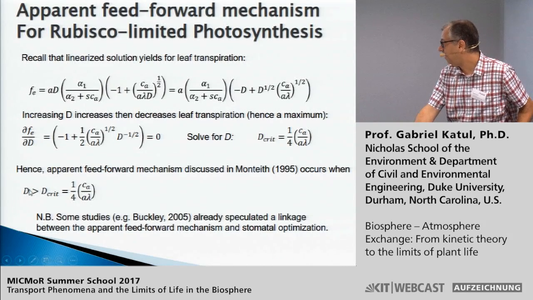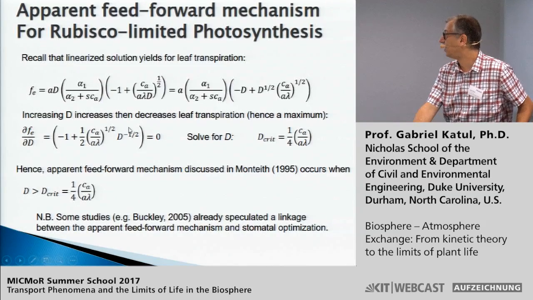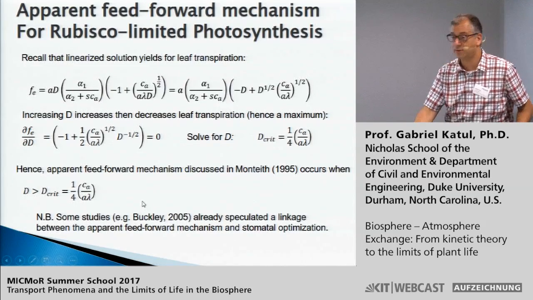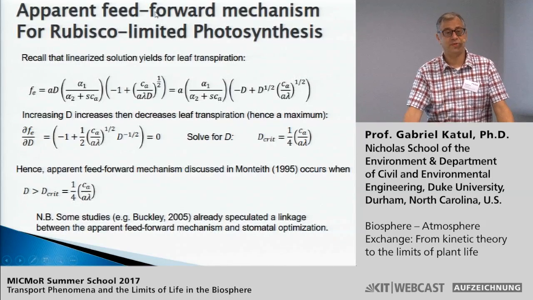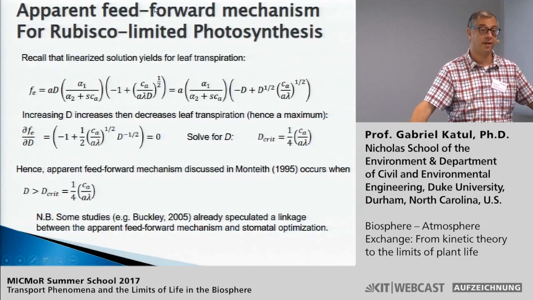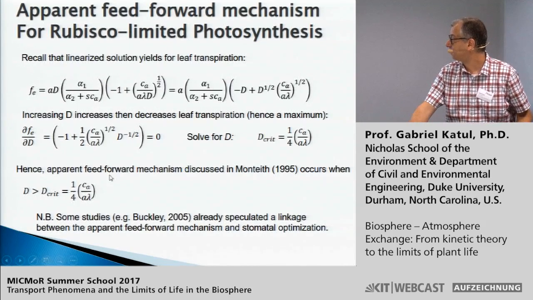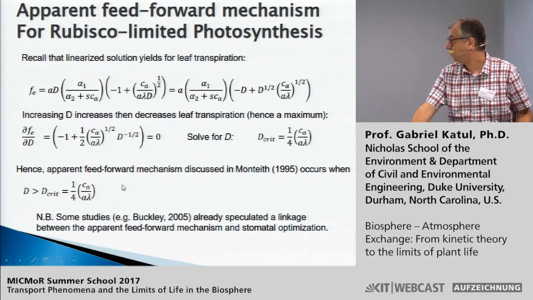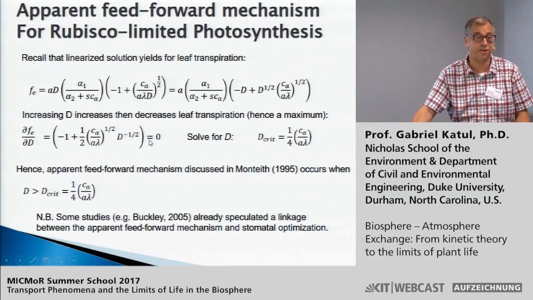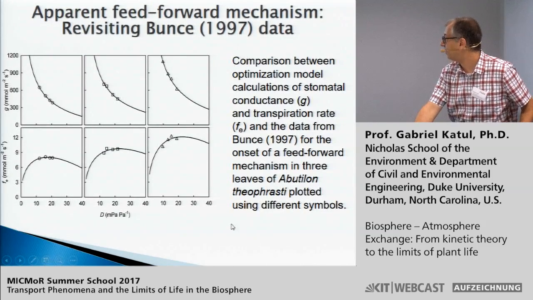And so if the vapor pressure deficit exceeds this critical vapor pressure deficit, then we will see some apparent feed-forward mechanism. If the vapor pressure deficit is less than this D critical, your data set is not going to resolve it. And so the interesting thing is that whether you see the apparent feed-forward mechanism or not has to be referenced to what you predict a priori the critical vapor pressure deficit is. Some data sets push the vapor pressure deficit quite a bit, and they don't see it, but they have never checked whether this condition is actually satisfied. And that's one case that popped up.